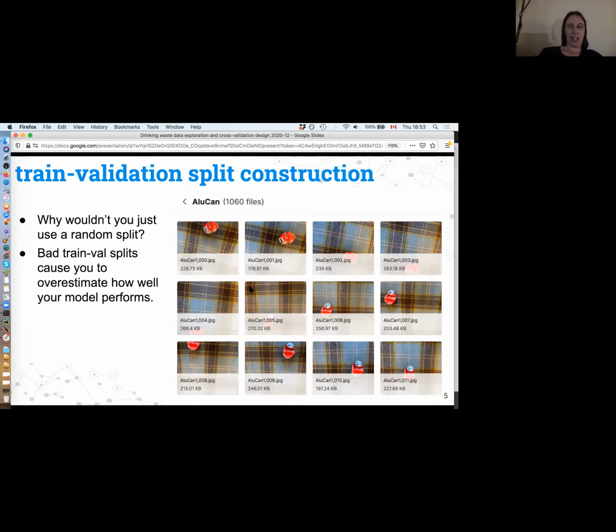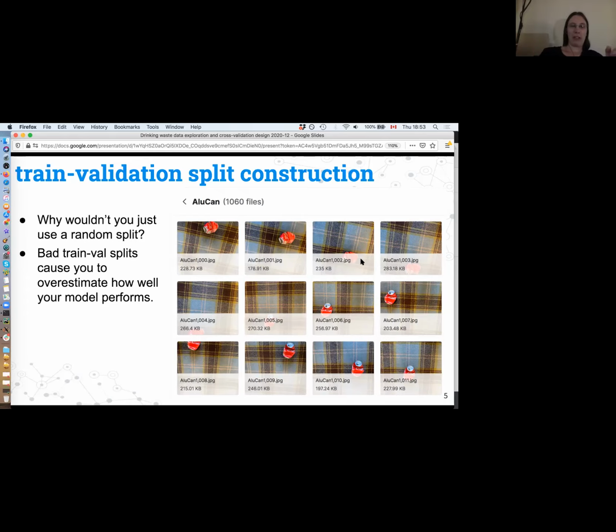So one way to look at this is to go and actually look at the data for this data set. And the first thing that I notice is that there's a whole bunch of images of aluminum cans, but they're all the same aluminum can. And this could be dangerous. Let's say your training data had only one aluminum can in your data set,